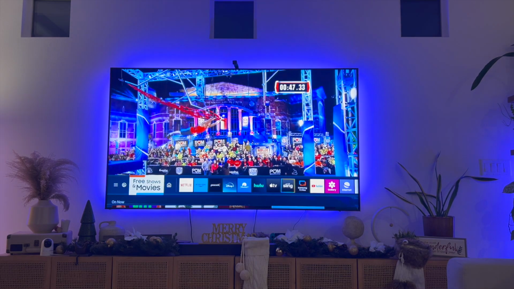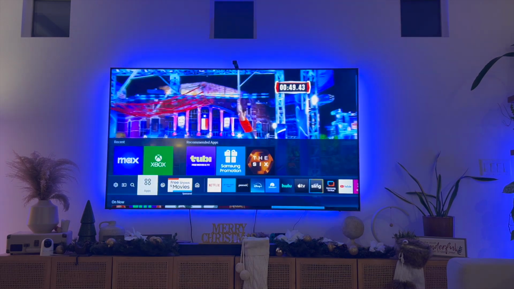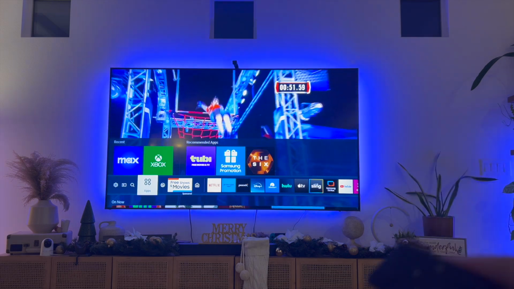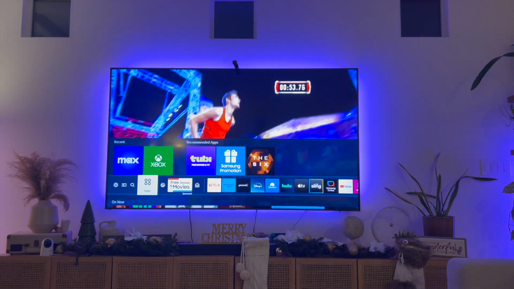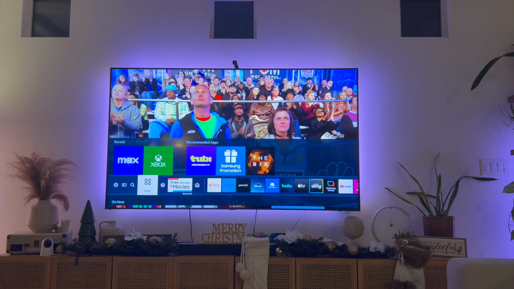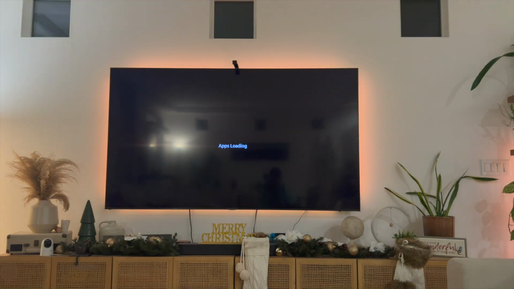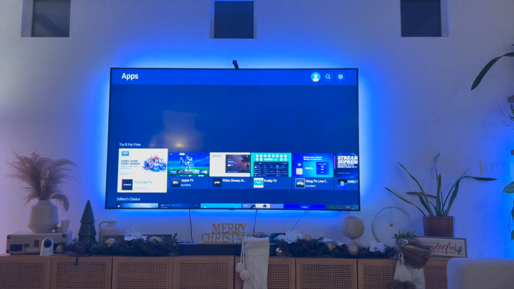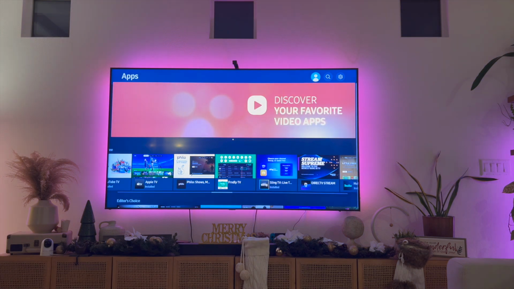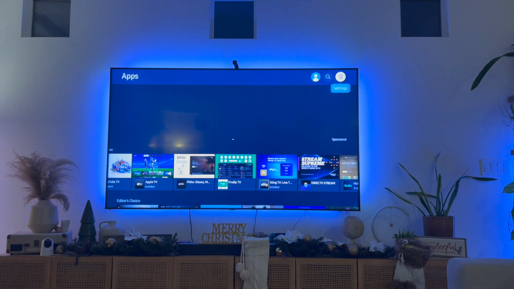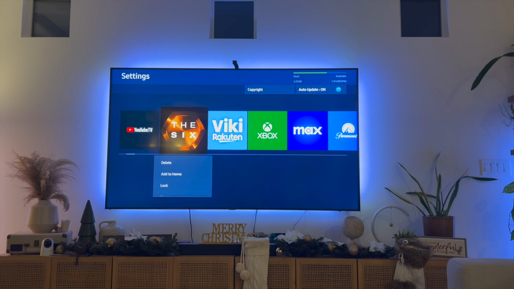But first, let's go ahead and navigate to the apps icon. So on my model of my Samsung Smart TV, this is what my apps icon looks like. So what we'll do is I will access our app store, and then on my screen you need to navigate to the upper right hand corner to where it says settings. So right here it says settings, and then from here you're going to find the app that you wanted to